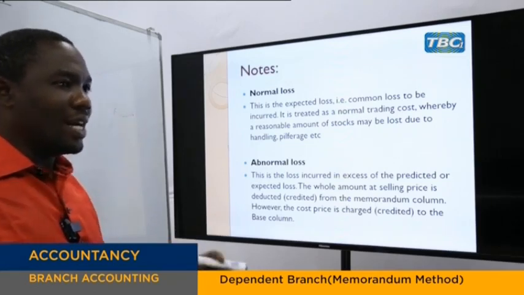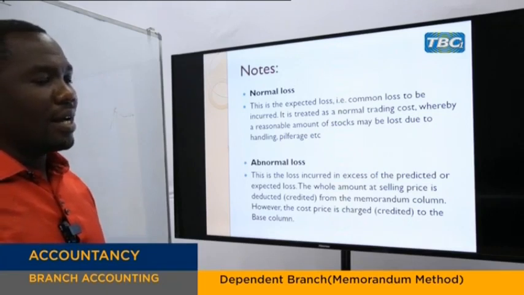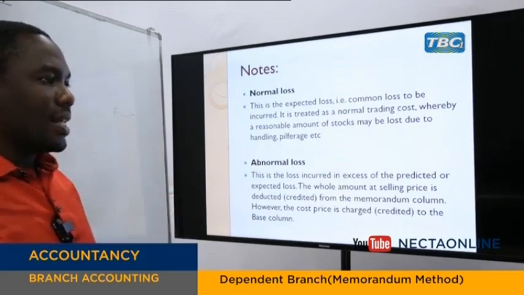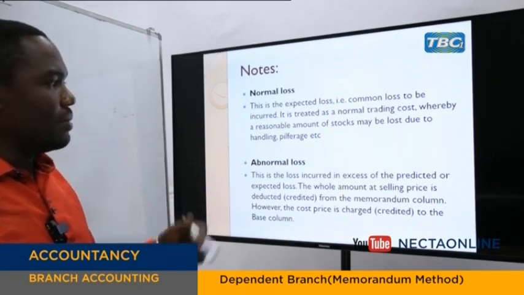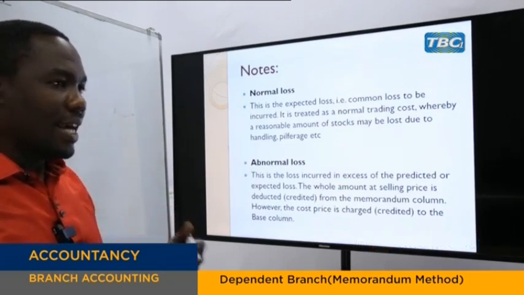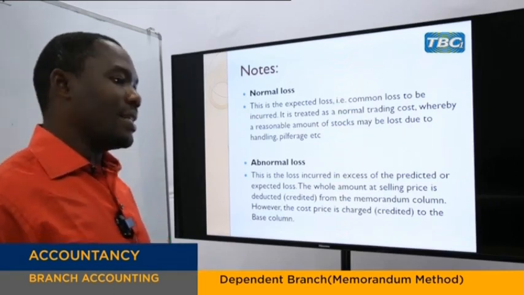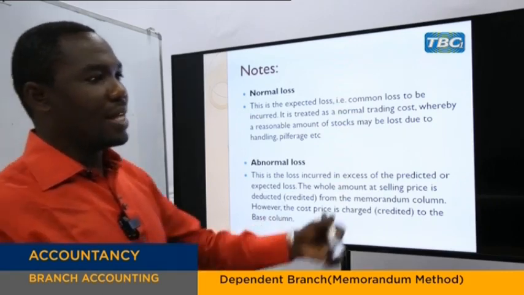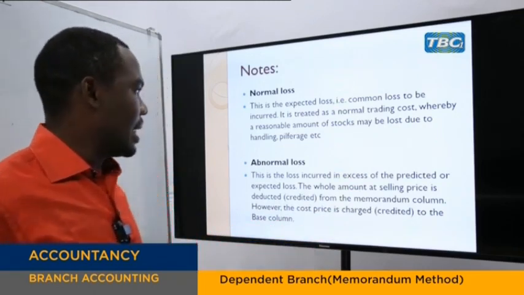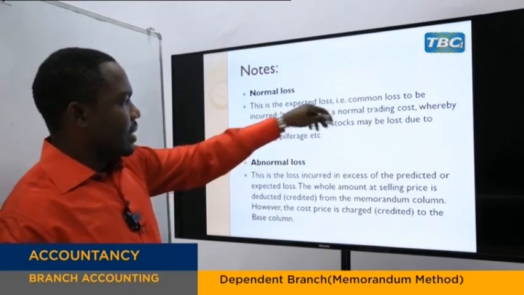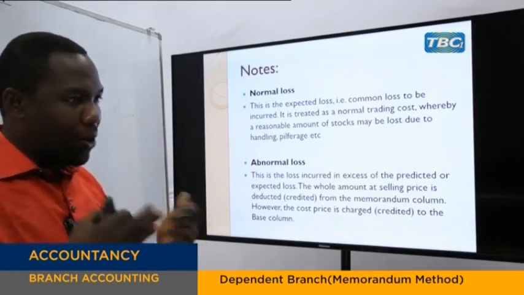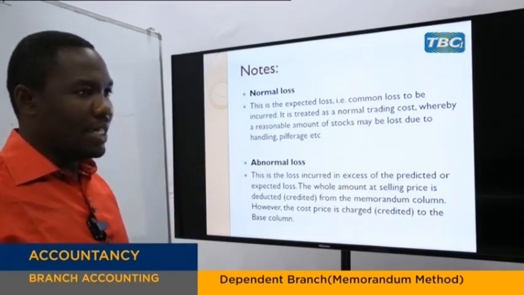If you buy 100 kilos of sugar, and you are selling in litre units, finally if you total the units sold, you'll find that they are not tallying with 100 kilograms. It's either less, let's say 98, or more than 100, let's say 101. So if there is any shortage, there will be a policy for each enterprise